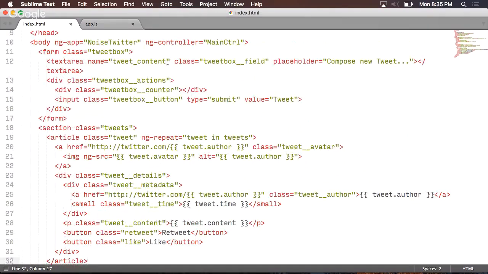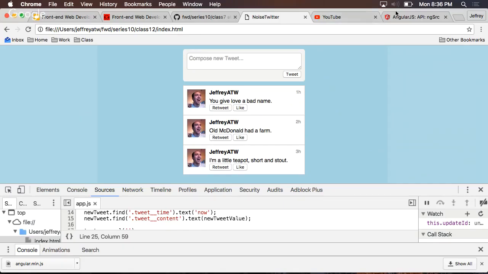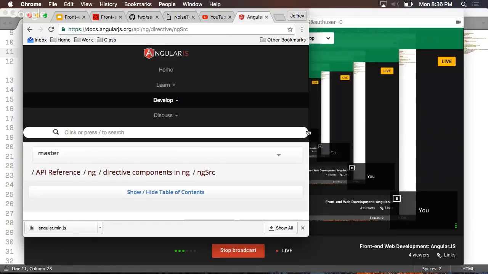Right. Let's talk about event listeners. Of course, in jQuery, what you do is you find something by a class or some other selector, and you say on this, on submit, so and so. But in the case of Angular, there is a different attribute or directive, if you will, for